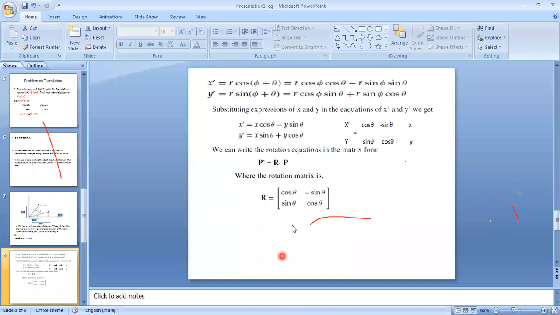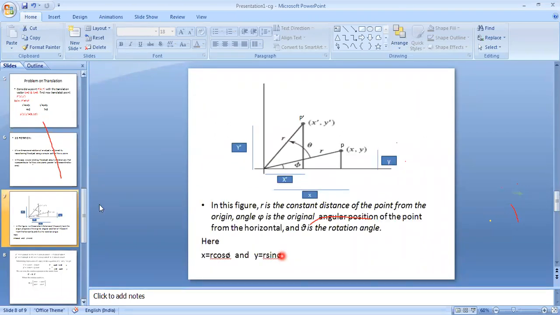Please keep this in mind. This rotation matrix, we'll be using this rotation matrix also in lab set programs. For my point, if you multiply this with this rotation matrix, I will be getting the new point p', which is nothing but the rotated point with respect to this theta. Fine. So what I have discussed till now is, whenever I rotate my point p to p' with respect to origin,